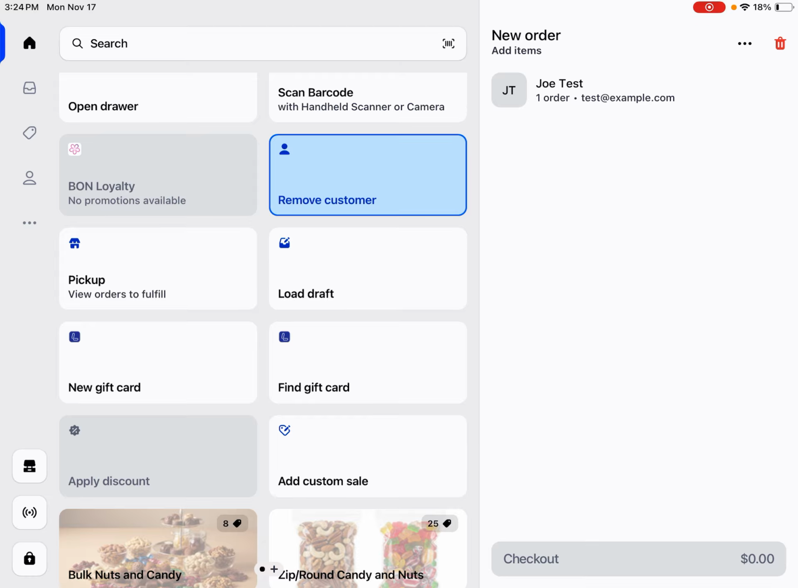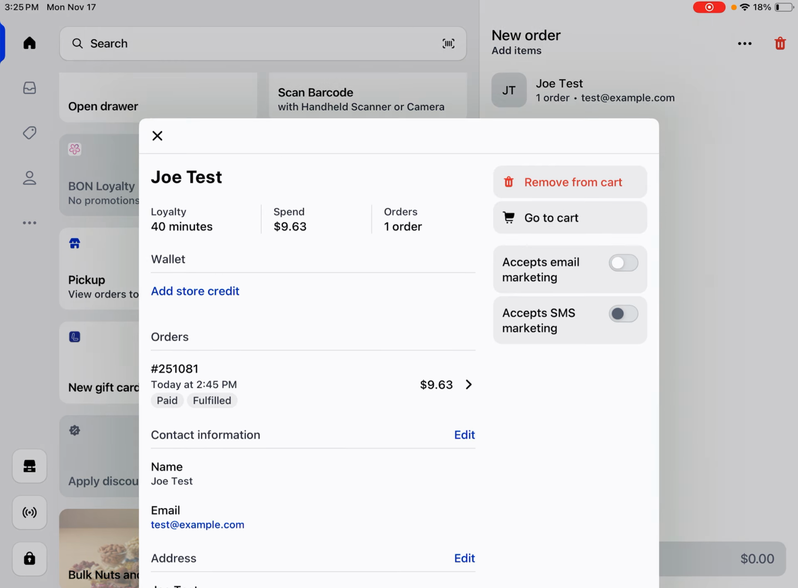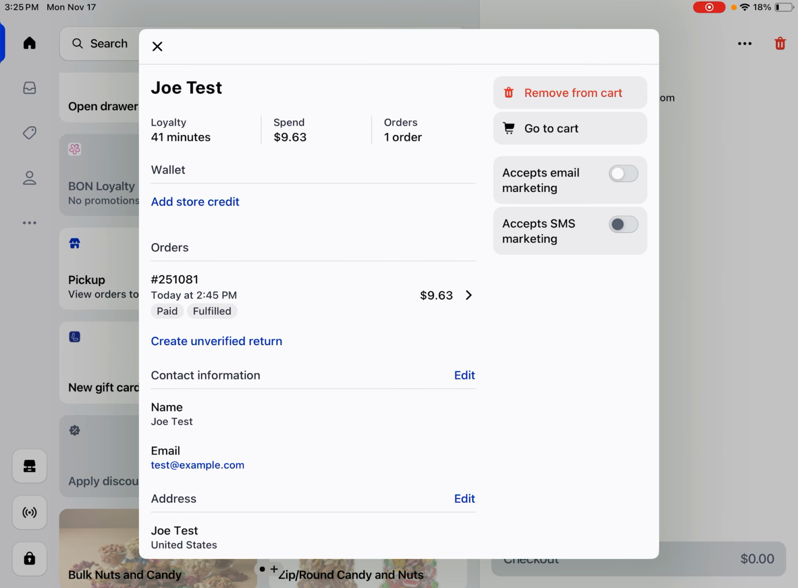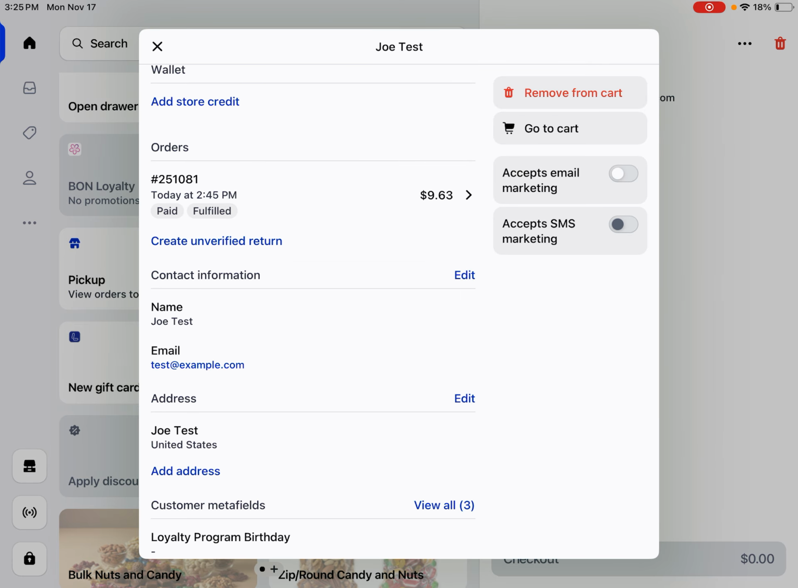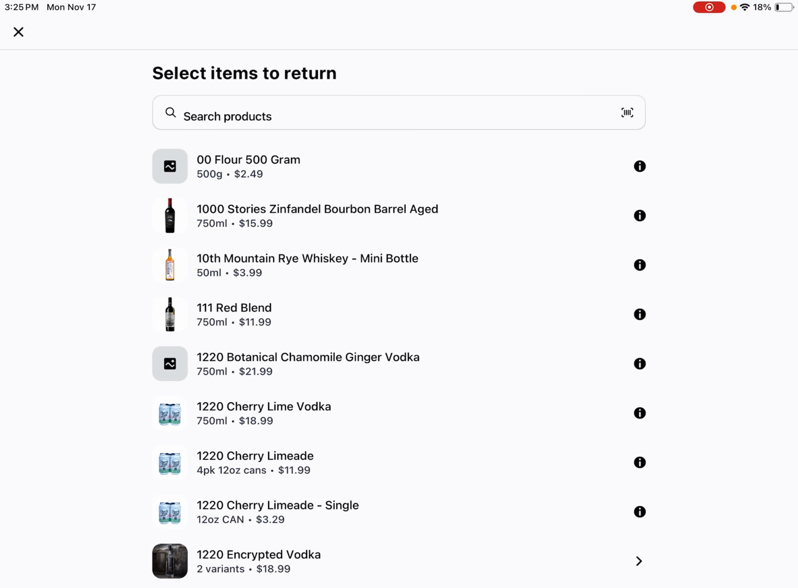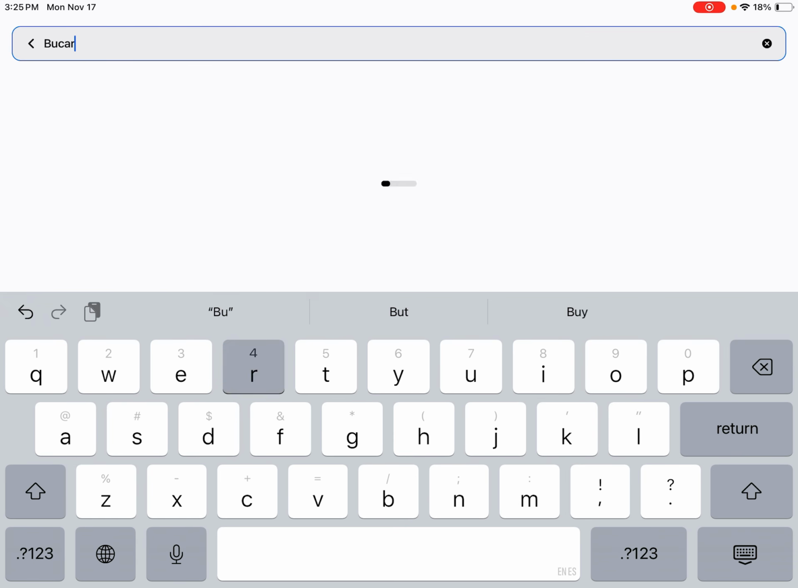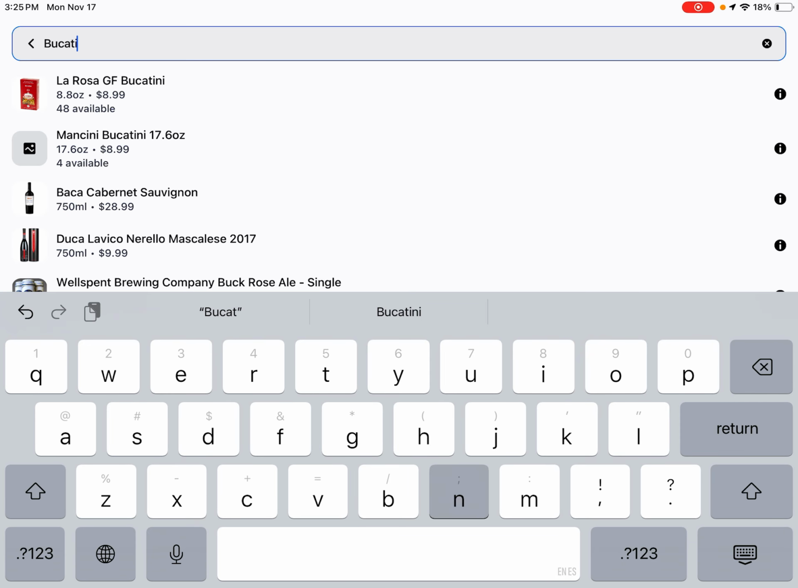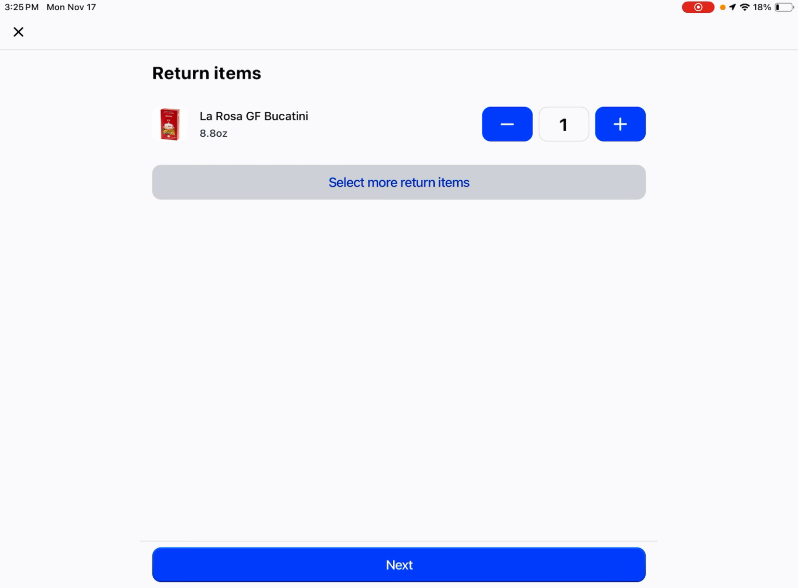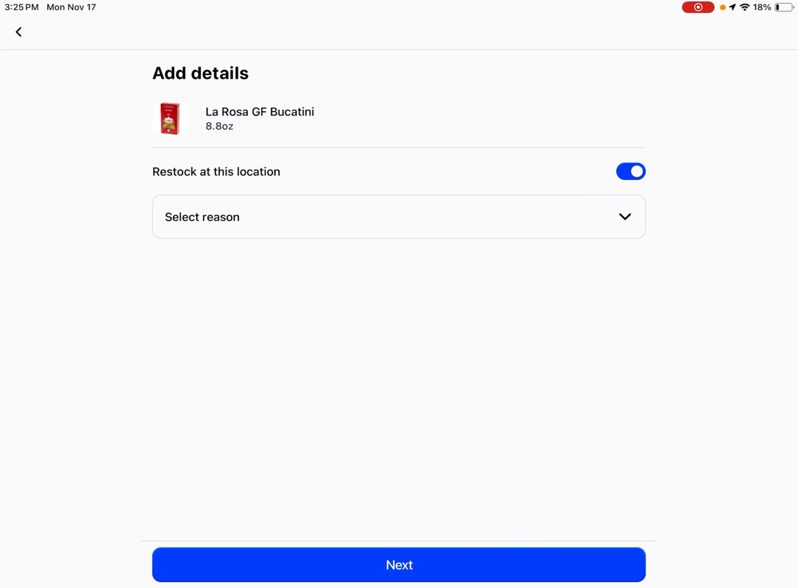So Joe comes in, he didn't have a receipt, he didn't put his name in when he bought the item that he's now returning. You still will have to look up Joe. Okay, so look up Joe, and here, you see where you can create an unverified return. Then you look up the product that Joe wants to return, you find it, and then you're gonna hit next, and you're gonna go to the,